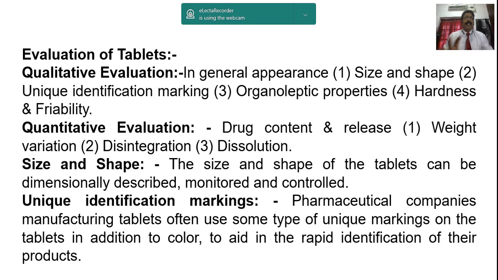So now you see there are qualitative evaluations and quantitative evaluations. What do you mean by qualitative and quantitative evaluation? Very simple. Qualitative means identifying by color, taste, smell, which you can see, that is very clear. For example, the chemical tests you do in the laboratory are called qualitative tests. What do you mean by a quantitative test? Determination, amount, assay: these are all quantitative estimation.